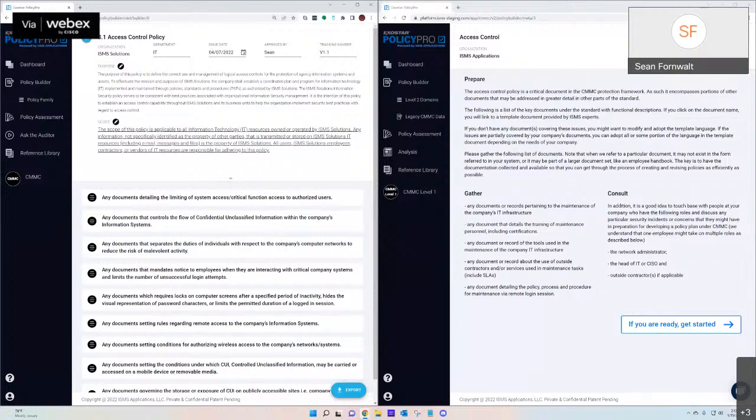And then once we go from the gather to the consult, this is where we understand that you will need to have people to talk to. It doesn't have to be a consultant or some expert, but you need to talk to some people within your organization, any kind of third-party contractors that have anything to do with your IT, so that when you're making policy decisions, you can dot as many I's as you can, realistically,